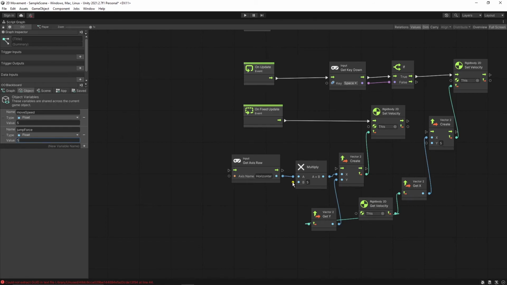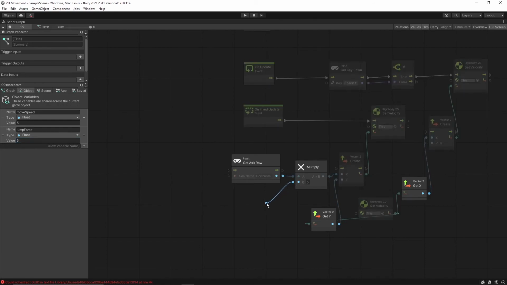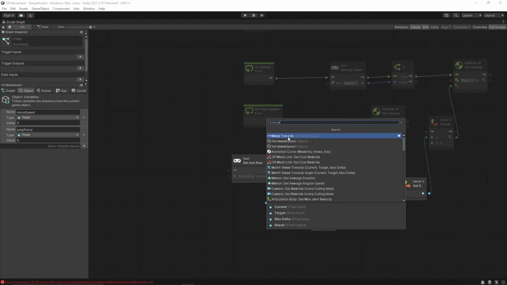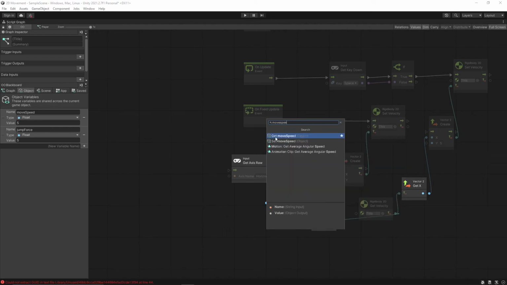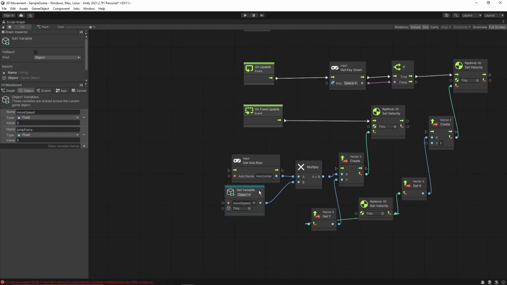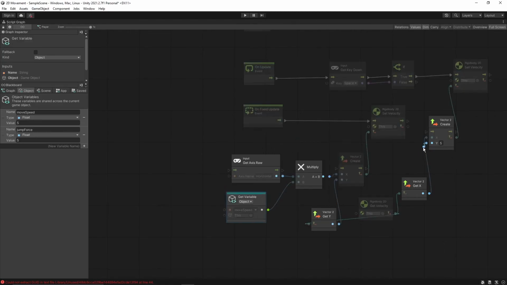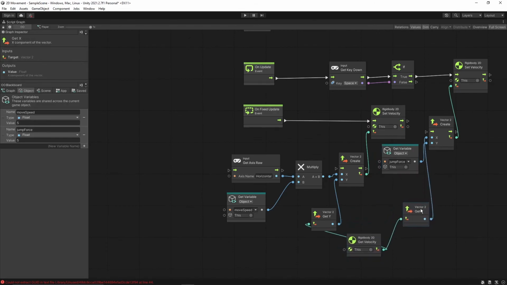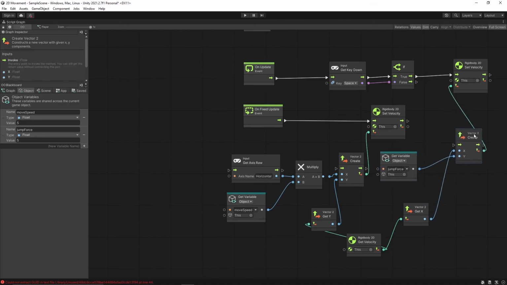I'll click on this node. Now I can search for the variable name, move speed. We want to get the move speed value, so I'll select this, and the same for y. I'll just type in the name, then get jump force. Like this.